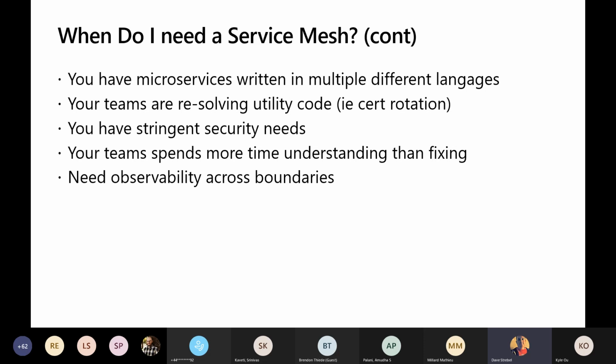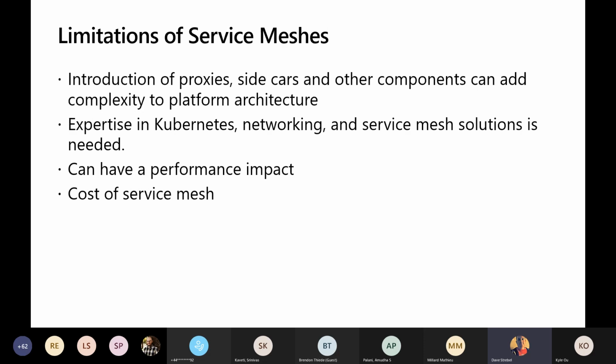We talked about the utility code. Are you writing utility code to do things like cert rotation and all that? Where are your teams spending most of their time? Or is it fixing the application? Do you have the observability you need for your architecture? All these things should really be thought of before you decide to take on that service mesh, because with service